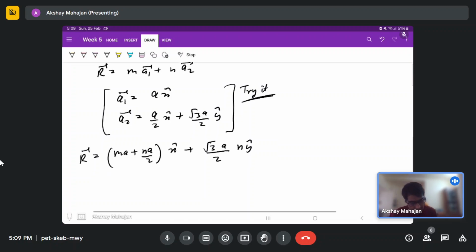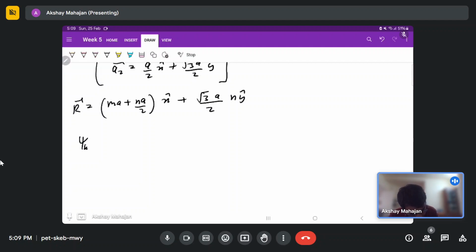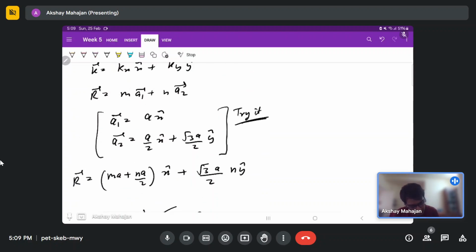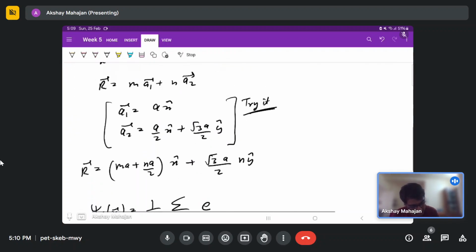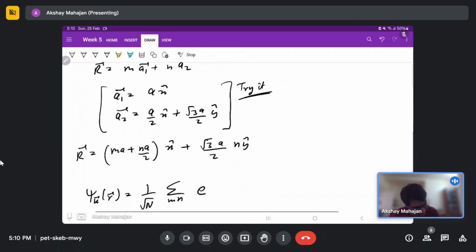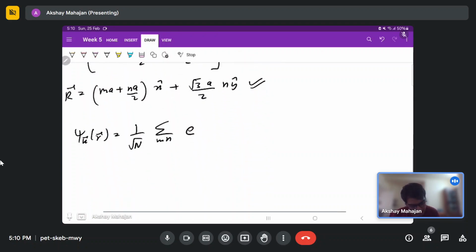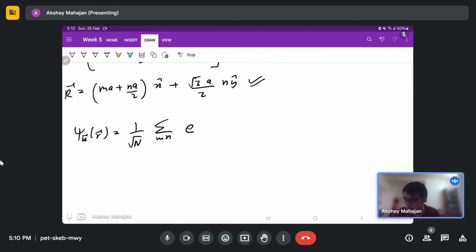So from here my psi k vector is psi k vector of r vector. Now this would be written as 1 by under root of n, again I will have summation over mn. Now if you do a k vector, it is basically e to the power iota k vector dot r vector, and then if you do this, this is our k vector and this is our r vector. If you do the dot product, you will get e to the power iota